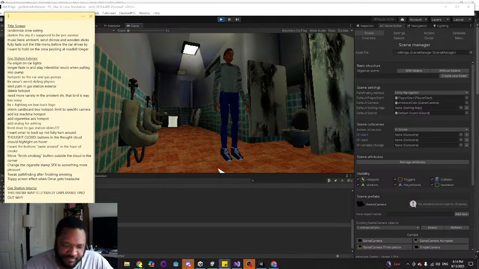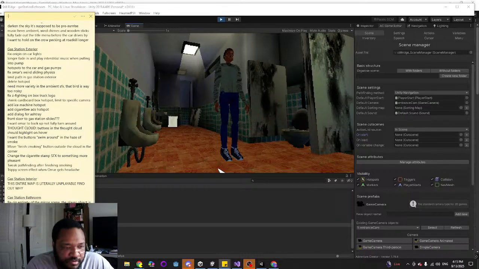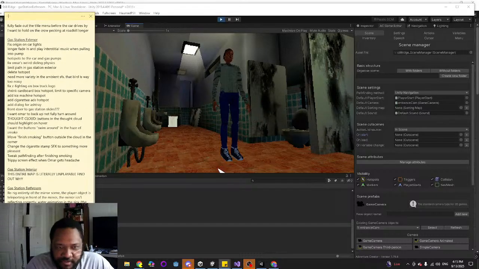Apparently, I haven't rigged that up yet, so I'm adding it to the hit list. After the mirror scene, player gets locked in bathroom. Move trash can to window to escape, and I'm gonna add some hotspots for the urinals and the nasty toilets.